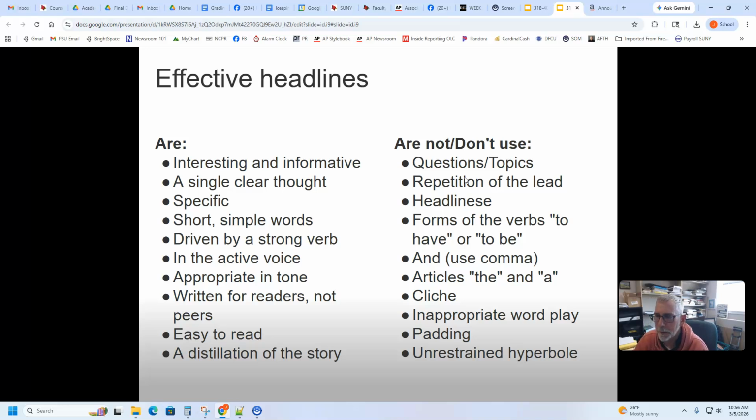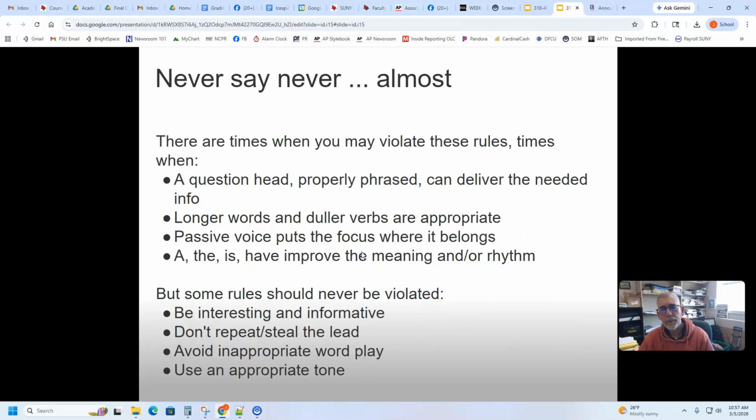Just to make things interesting, people go overboard. This is certainly the case in clickbait, which is misleading headlines, which is a whole different category, which we definitely don't want to do. So of those things we said we shouldn't do, there's a couple that you could argue occasionally you do have to do. There are times when a question lead might be okay, but they should be very rare. Longer and duller words might be okay if it is a longer and duller topic, I suppose. And you really have to use the story still, I guess.